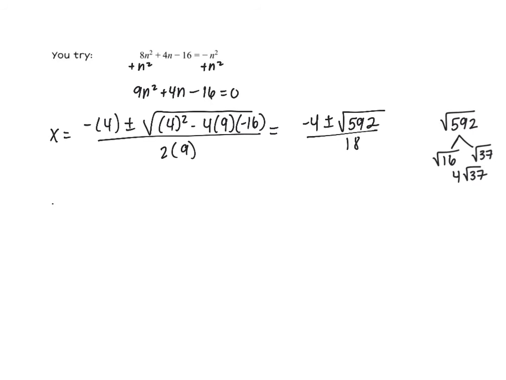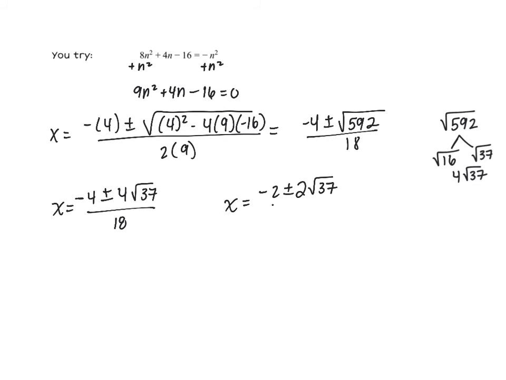So then I can rewrite this as x equals negative 4 plus or minus 4 square root of 37 over 18. And again, I'm going to show you the two ways we can simplify this. We can either find a number that all three of these are divisible by, so that would be x equals, they are all divisible by 2, so I could say x equals negative 2 plus or minus 2 square root